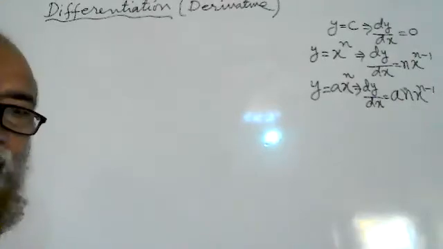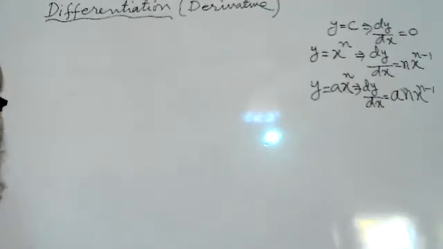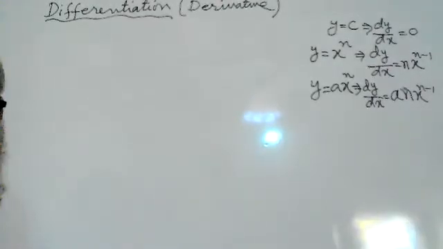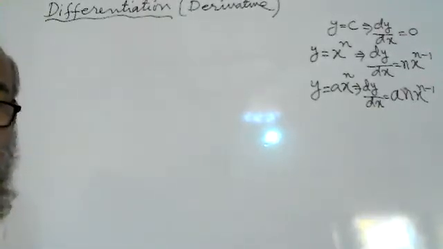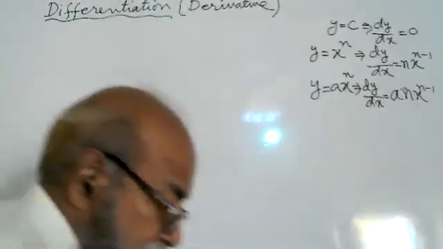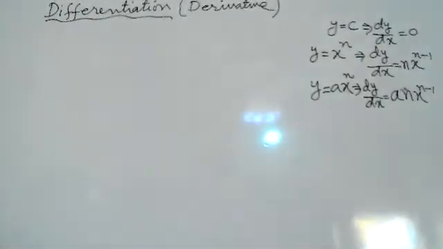So n can be anything. It may be positive, it may be negative, it may be rational, that means a fraction. We have to bring the power down and reduce the power by one. We have to do -1. Okay. So we will do the exercise